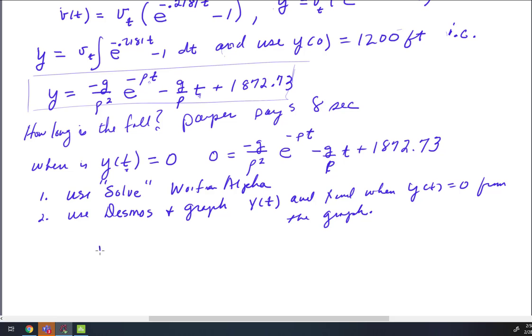In either case, you're going to find t is approximately equal to 12.5 seconds, which suggests the newspaper